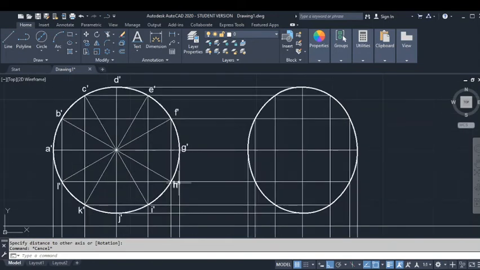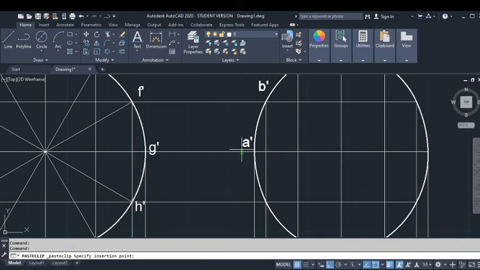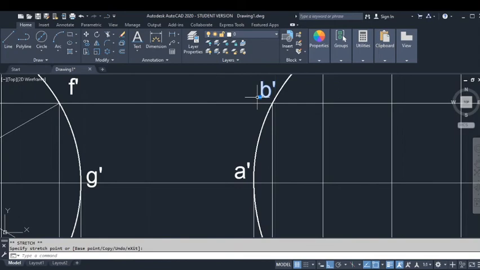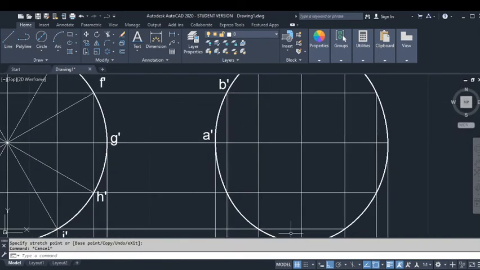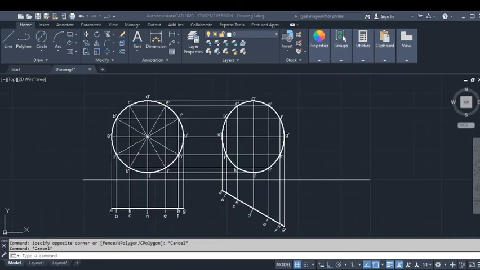Now further, let us again write these names here on the final figure. Finally, after giving the names, the projection is going to be visible in this manner. Now let us give the dimensioning. To give the dimensioning, let us go to the dimension command, in which we have so many options. Let us give the linear option.